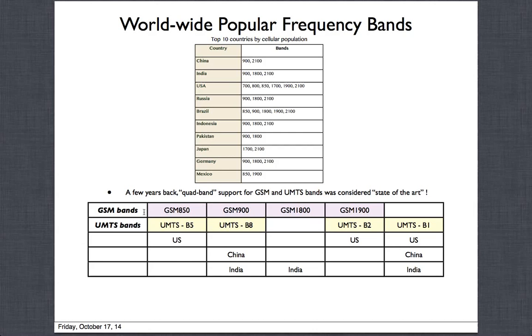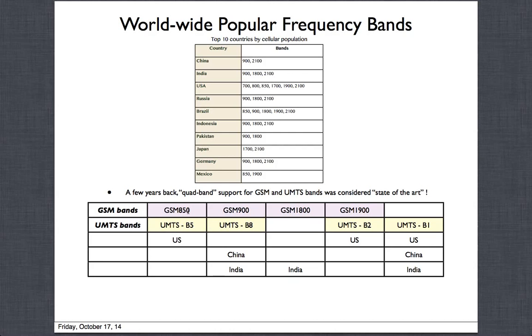What are the 4 bands of GSM? When GSM first came out and they rolled out, different bands were adopted in different parts of the world. We had 4 bands which were primarily very, very popular all over the world. One is called GSM 850. This is around 850 megahertz. What is the exact frequency? You can just Google it and it will give you the exact frequencies. I think I have it in 1 or 2 slides down the road. We will see that also.